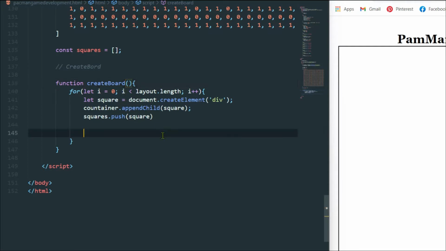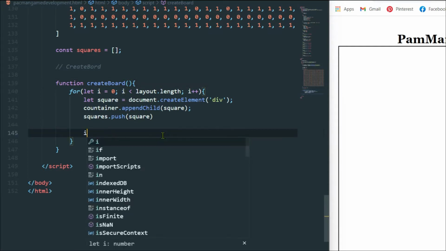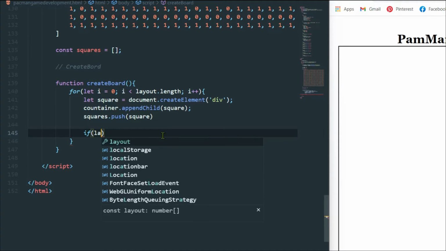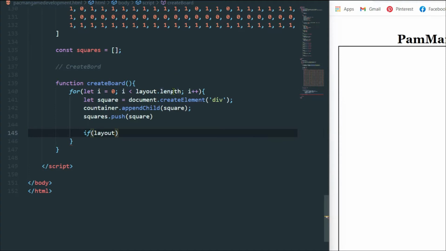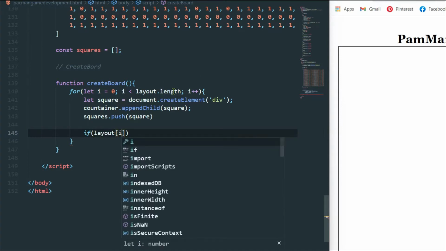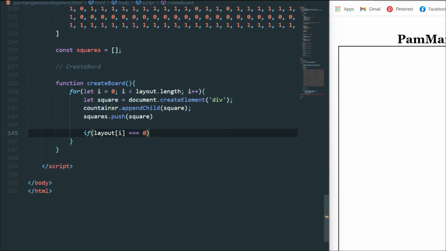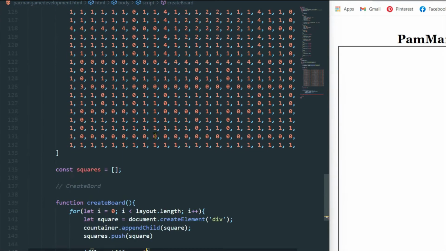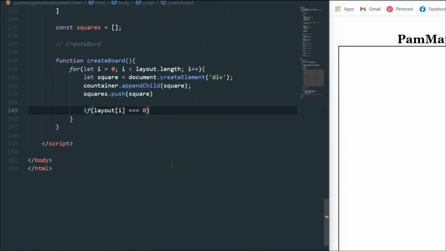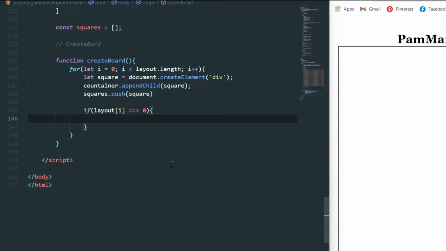This spelling is wrong, it's a bold, not box X. So I'll say if layout, I'm talking about this layout, index is I. If the layout I is deeply equal to, we are passing the value through this loop, I. So it's deeply equal to 0, and the 0 is our food. So if layout I is deeply equal to 0, then what I want to do, I want to simply target